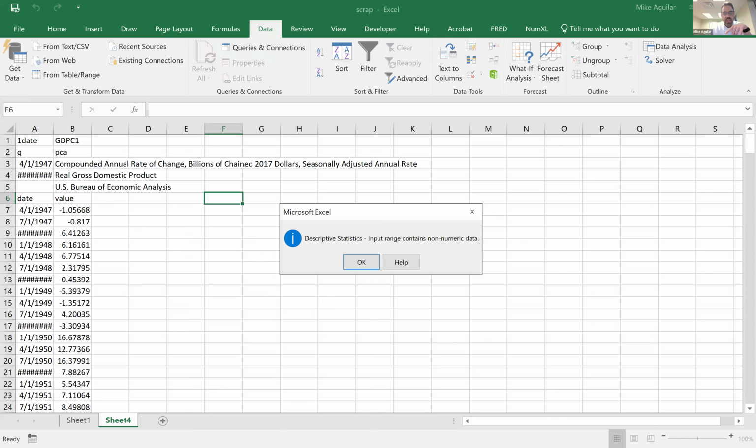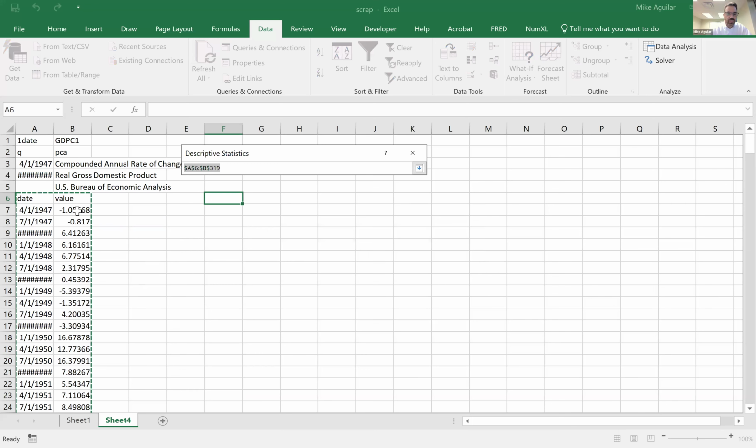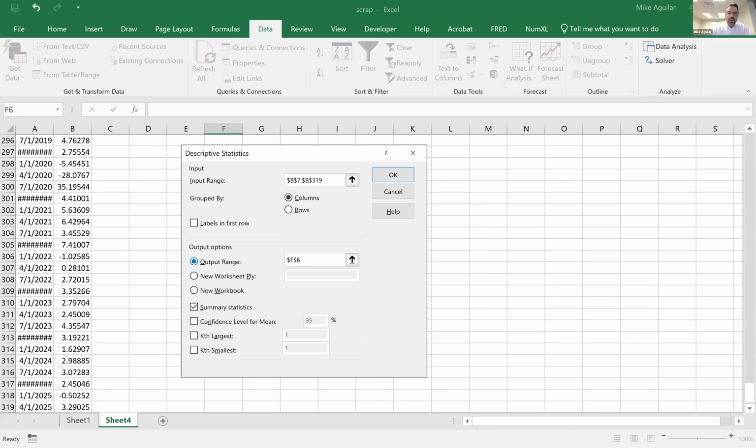See, the input range contains non-numeric data because I included that row 6 stuff. So there's lots of ways you can do it. The safest way, if you're going to do this, is just go from V7 down, Control Shift down arrow on Windows. Make sure you get the output range set. And